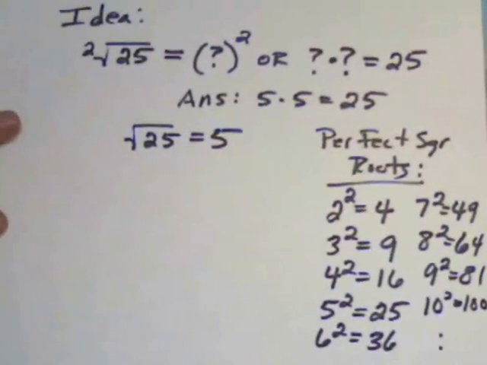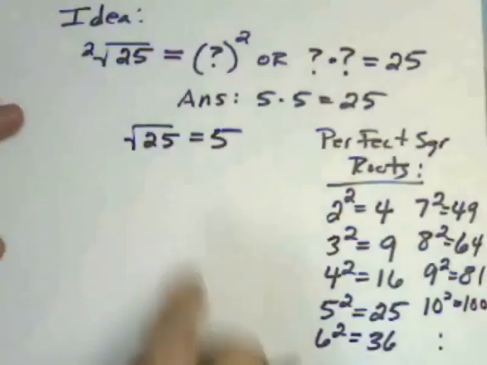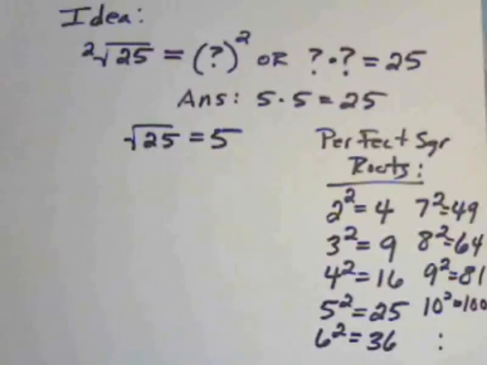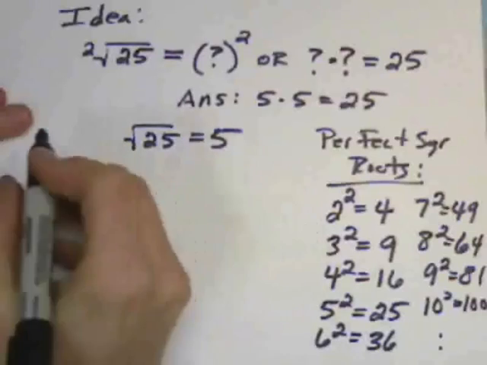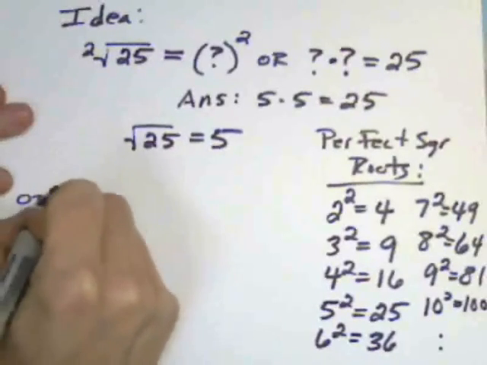The idea is, in solving square roots, that ideally you're going to have one like the square root of 25, where you just get a perfect square root. But in math, it happens probably more frequently that you don't have the perfect ones. So we need to be equipped to handle those, and we need to be able to solve those by hand on your test. So looking at an easy one like 25, I want to introduce one method that you may find easier than just asking yourself, what is the perfect square root? If you did not know that 5 was the perfect square root of 25, an optional method,